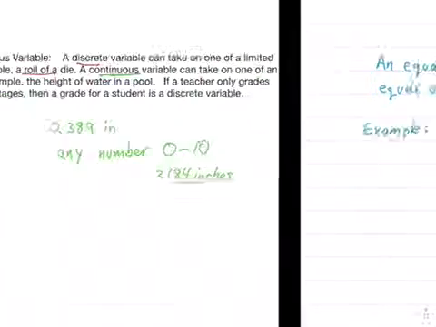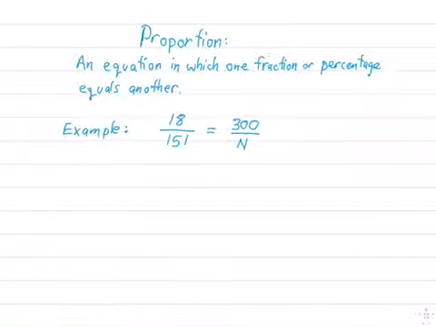Lastly, I want you to have the ability to solve a proportion. A proportion is an equation in which one fraction or percentage is equal to another. So here is an example of a proportion. In this example, we have 18 over 150 equals 300 over n. Well, in any proportion, here's what is true. The cross product here, 18 times n, equals the cross product there,